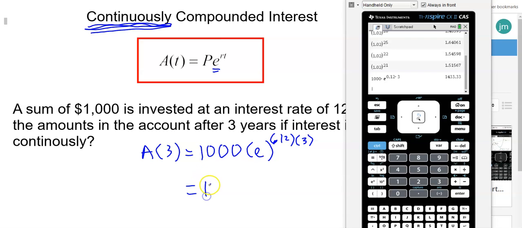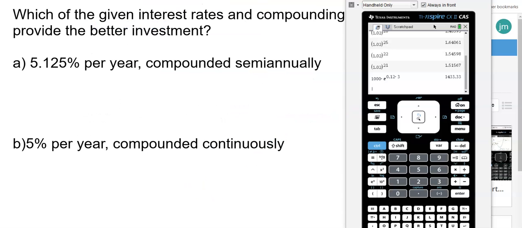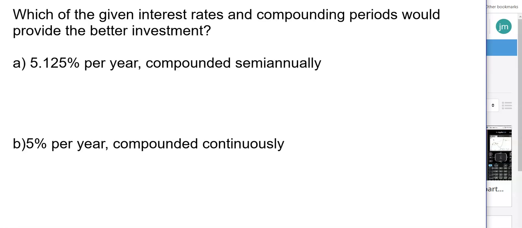So you're going to have $1,433.33 rounded off. That's pretty nice, right? Because we had an interest rate of 12%. That's an insanely good interest rate. That's really pushing the envelope a little bit with interest rate. Okay, we'll use this calculator again in a minute, but let's just figure out which formula we need for which problem. So continuously compounded, you need the A of t